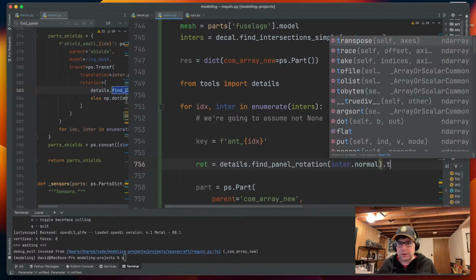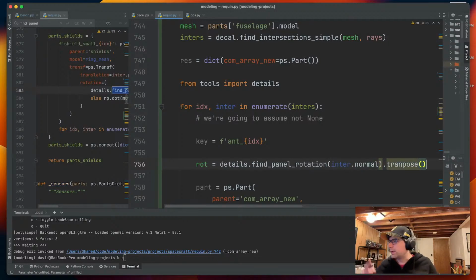So this finds a rotation that basically is, so like a normal is like